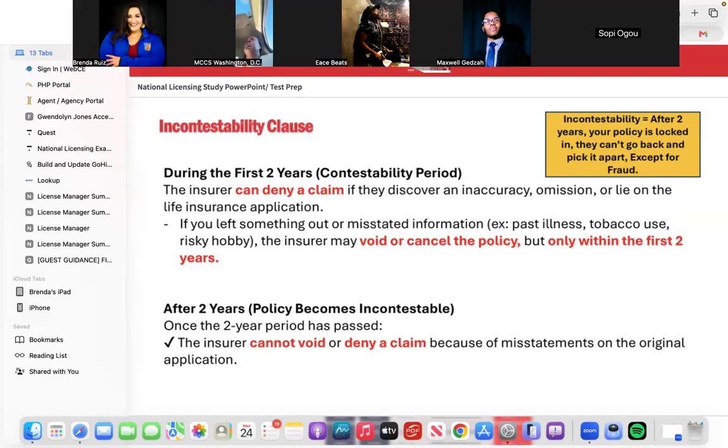This client passed away in December of 2020. This policy that the client signed up for was only issued to her the month prior. She had only had insurance not even for 30 days. Isn't that crazy? She didn't even have insurance for 30 days when she passed away. That definitely raised red flags with the insurance company. They said, this is interesting. Yeah, we need that death certificate before we can pay this claim out, right?